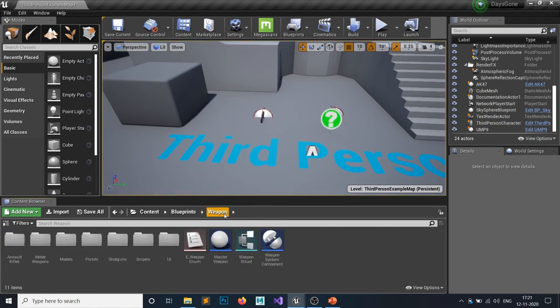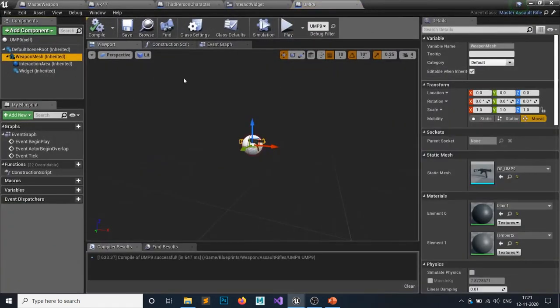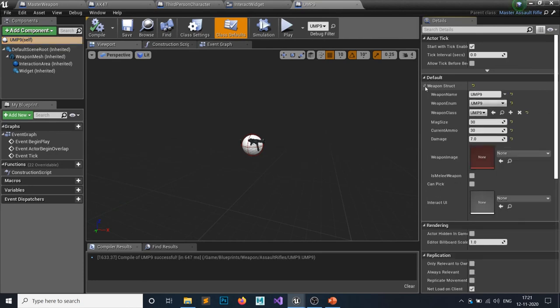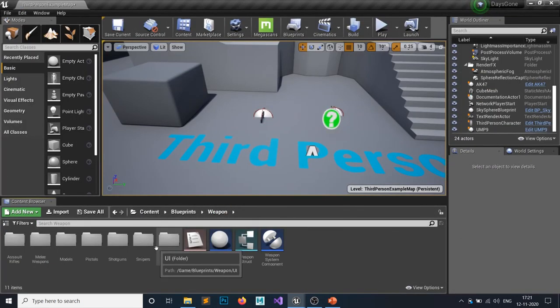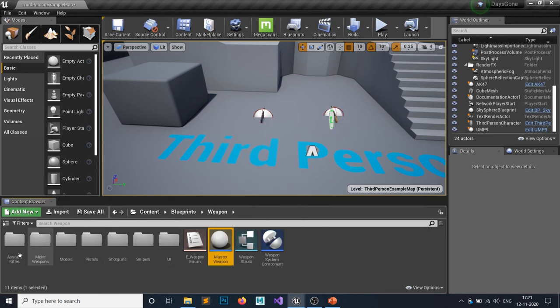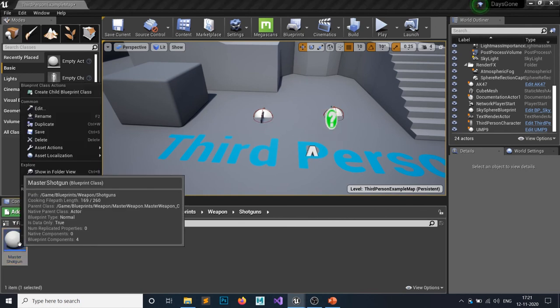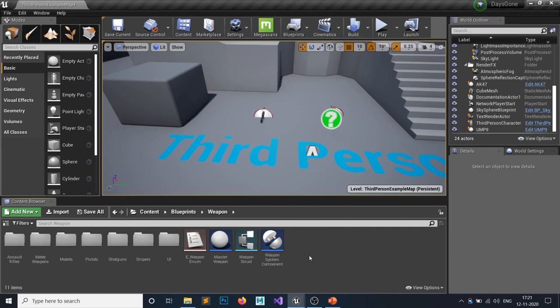This is very simple and you don't have to code anything inside this weapon because you just have to set this information, this weapon structure. We're going to code everything in this master weapon. Everything that inherits this master weapon has all the values inside it, so we don't have to code for all of them, we just have to create. If you want to create a shotgun, you go to master weapon shotgun and create a shotgun called S686. This is how you can create new weapons.